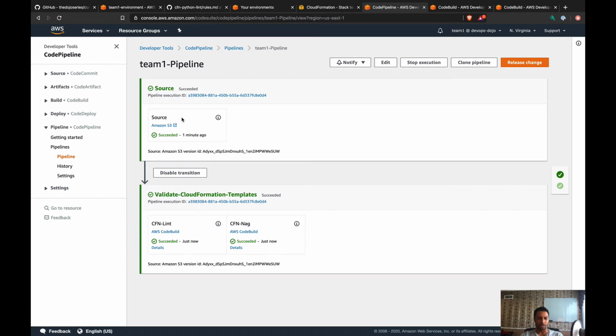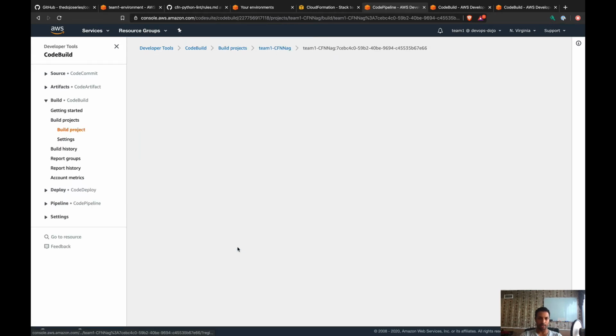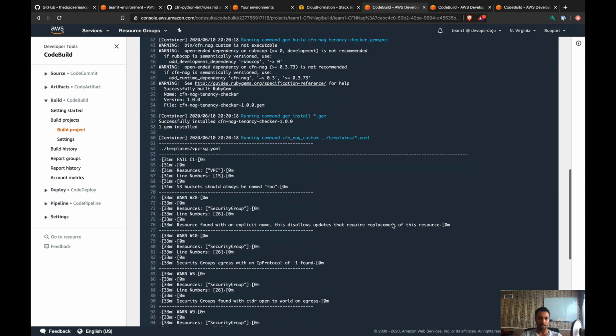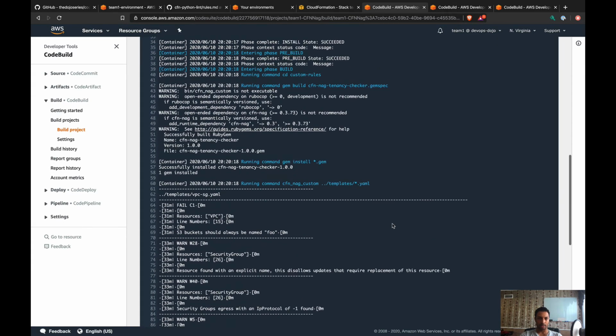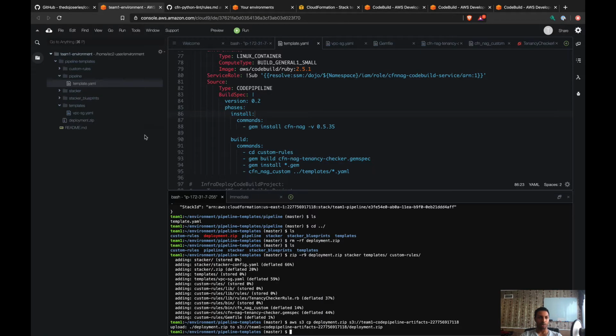Okay, now here's the weird thing. Let's click on the CFN-Nag details. If we take a look at the output, this is our custom rule. You see C1, that was the rule ID that I created. I didn't change the description, so it still says S3 bucket should always be named food. Anyway, we know that this is our rule, and it failed. It failed because if I go back to the template,